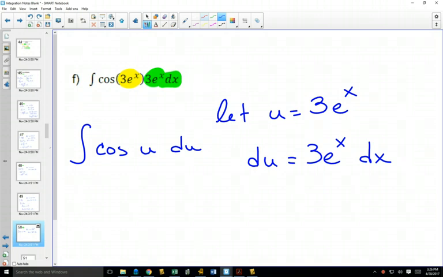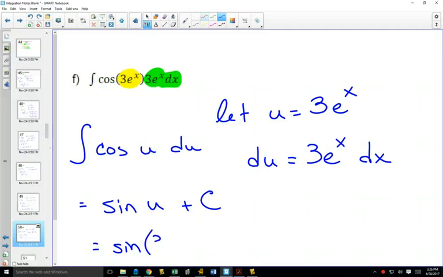So, well, is it positive or negative sign, though? That's the part that you have to think about. Positive sign. And so we have sine of 3e to the x